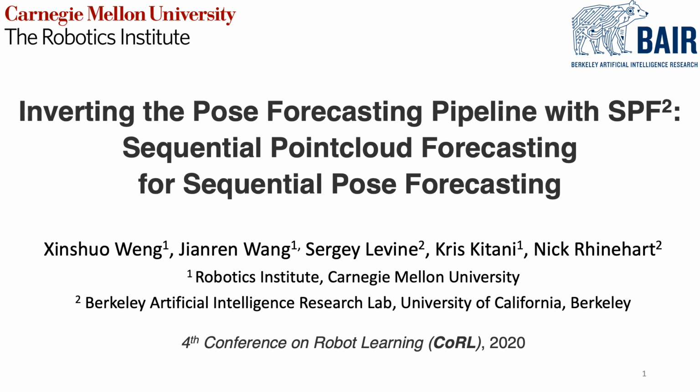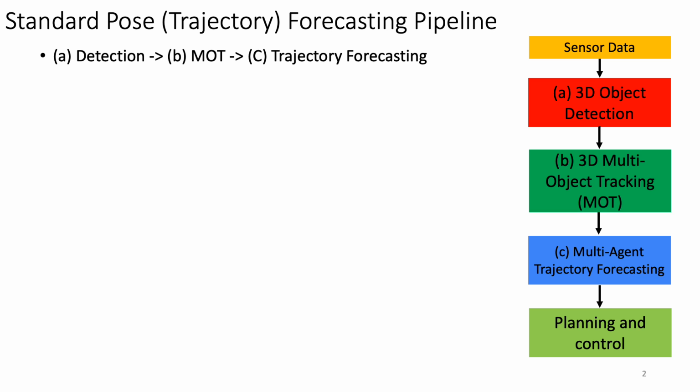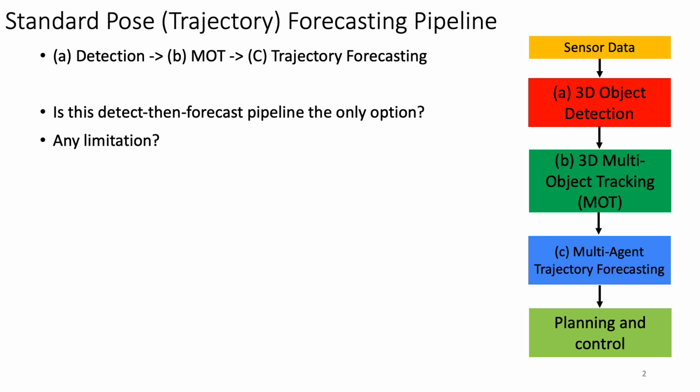Inverting the post-forecasting pipeline with SPF squared, sequential point cloud forecasting for sequential post-forecasting. Let's first review the standard post-forecasting pipeline, which contains object detection, multi-object tracking, and multi-agent trajectory forecasting. In this work, we wonder if this standard pipeline is the only option and if there is any limitation in this